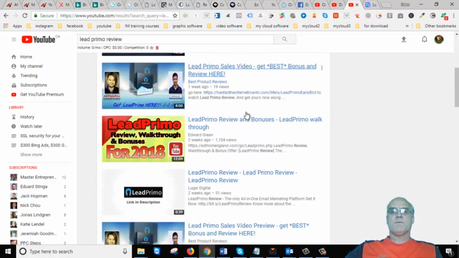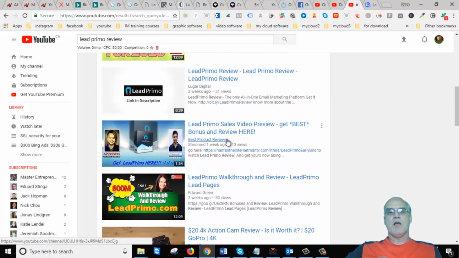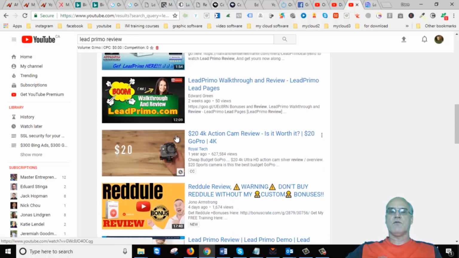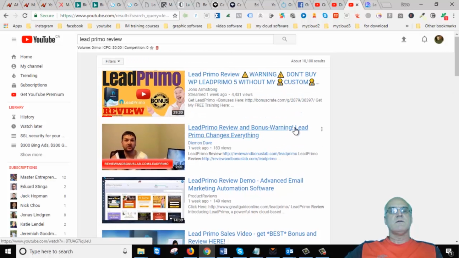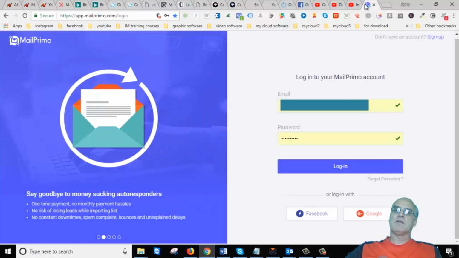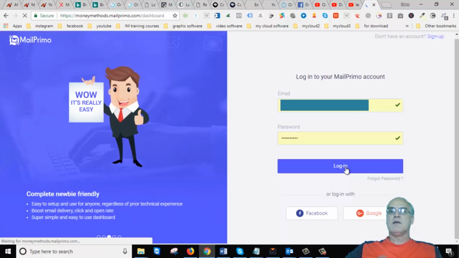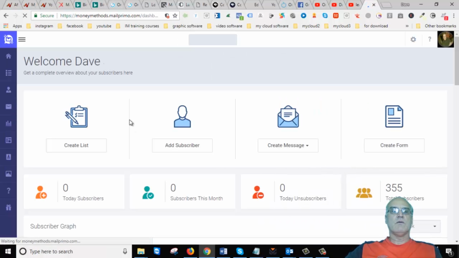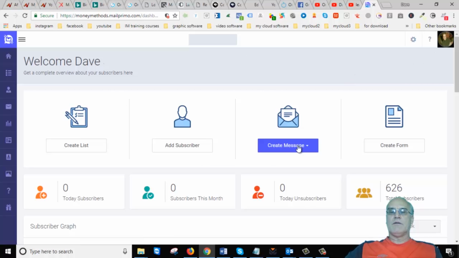Okay, so you can check out Leadprimo, and again, if you do buy it, make sure to check it out thoroughly, because I don't trust it myself, so I probably won't be buying that one, but I like the concept. So here's my Mailprimo login. I'm going to log in here just to show you the problems I have. Okay, so here we go. Now, I've already set up my SMTP sending account, okay, but I'm going to warn you,